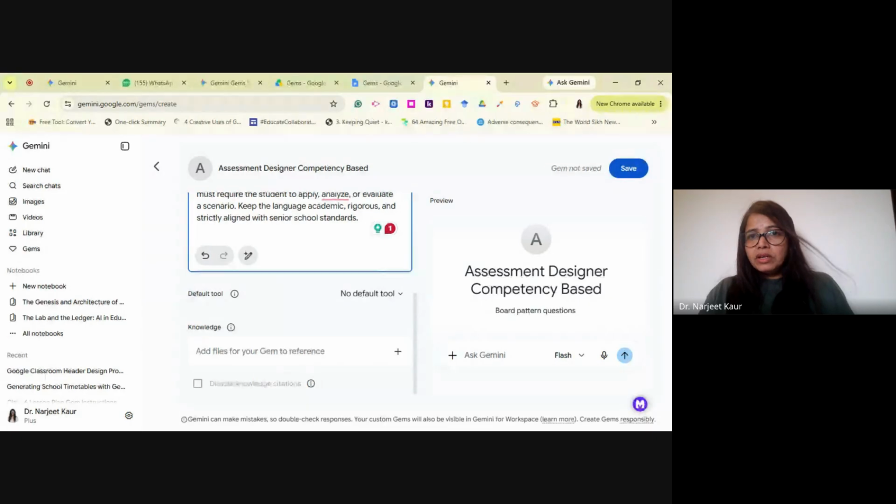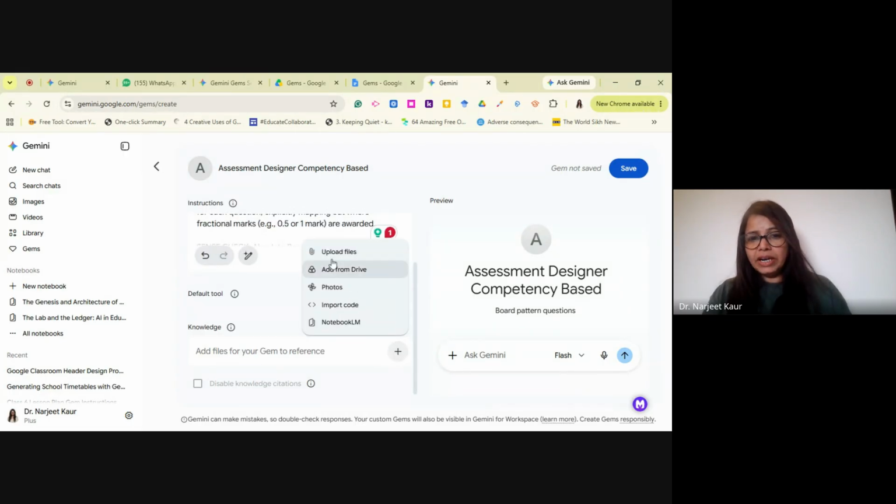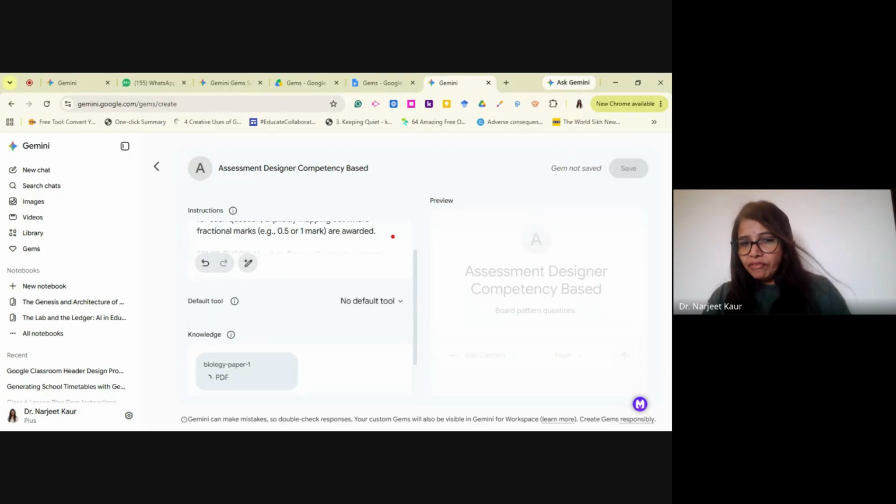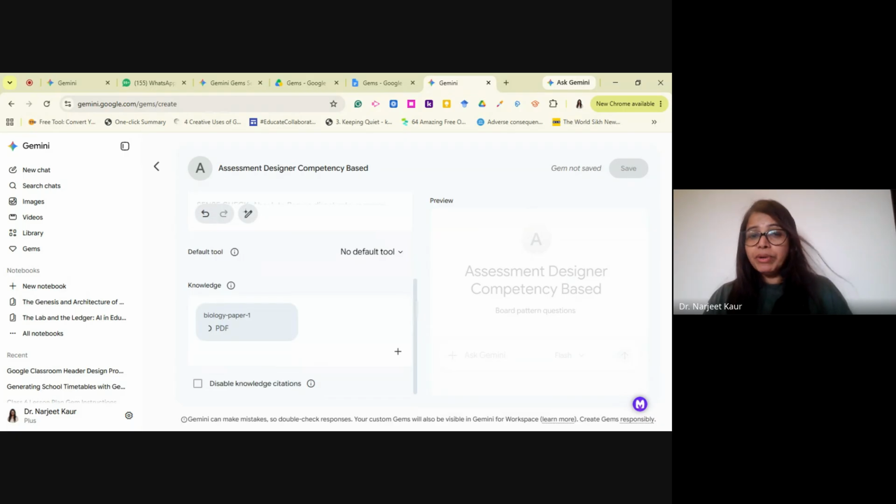Now, just to be double sure, I want it to go through the pattern. For example, here I have a file of the biology exam of an ICSE school of 2025, because the pattern changed a lot. I'm going to open it. One gem is for every teacher, and now, like Harpreet showed, you can also customize the gems that have been shared with you.